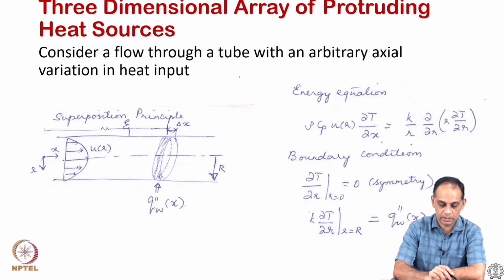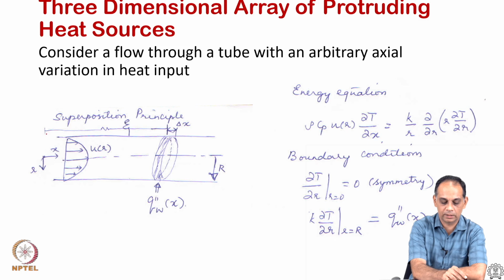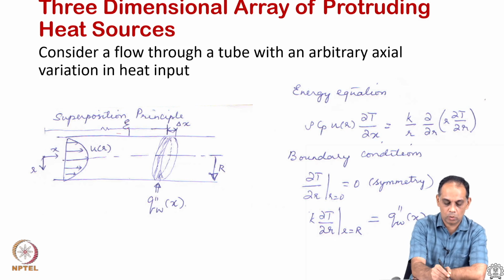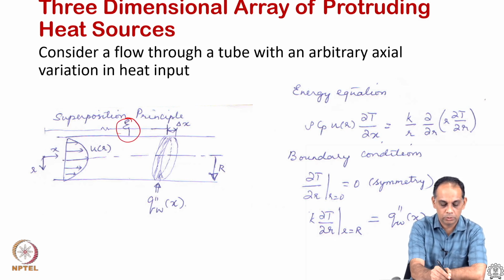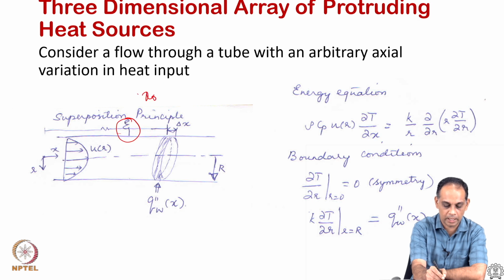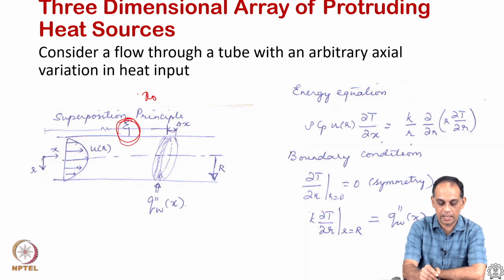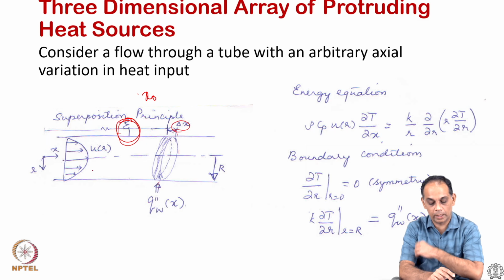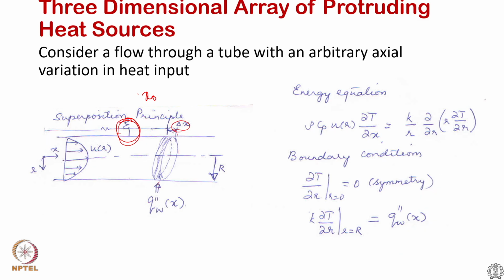You can use the same idea of unheated starting length. Here the psi is a coordinate that is used to discuss this. In the previous example we discussed x naught as the starting, but we want to have a generalized discussion. So, we are going to use psi as a way to discuss the unheated starting length. Here the heat flux is applied over a small zone delta x, and you have fully developed flow entering the system, and with this psi we can write the expression for the energy equation, which is